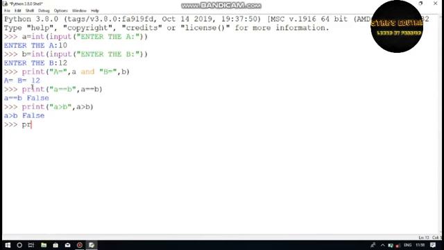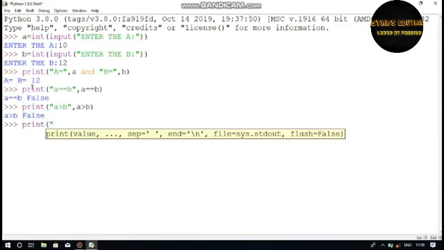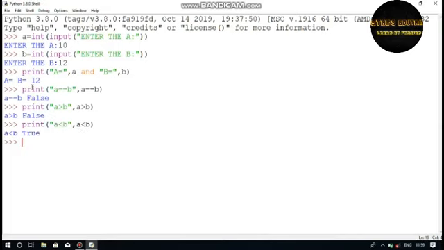Let's say print a is less than b. That is true. What is the real answer for a less than b? We actually know it is true. That is also true. So the third thing is print